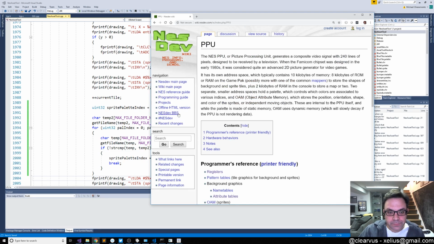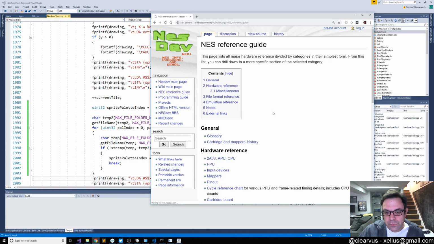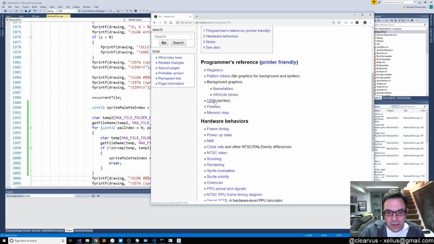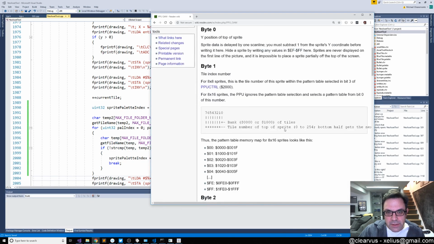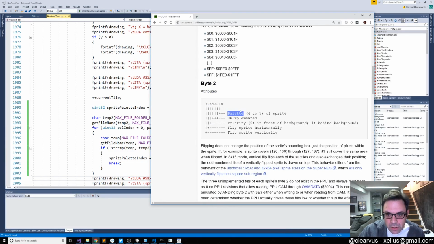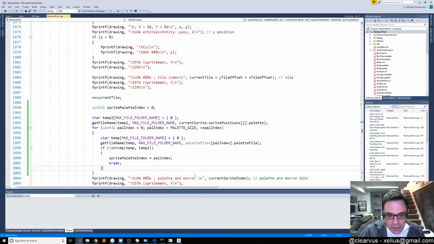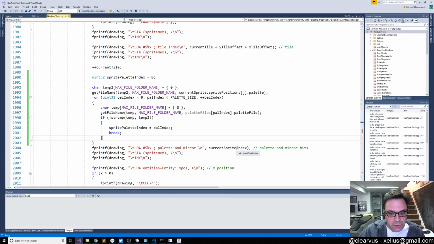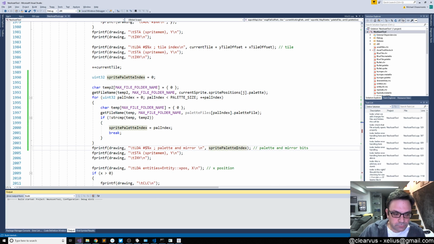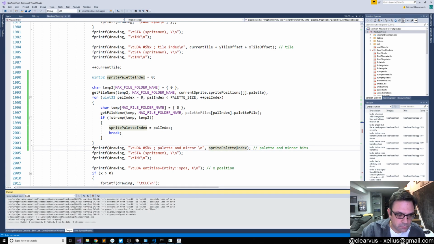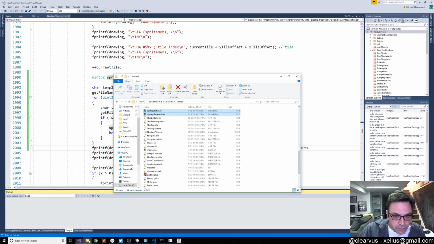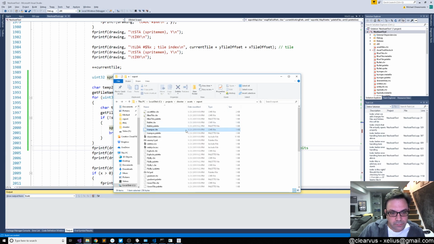NESDev. Where's the OAM? OAM. And, oh, it's the first 2 bits. Okay. So, and then mirroring we're not doing anything with right now, so we just say sprite palette index and run that. Okay, so that re-exported everything. Hopefully we get